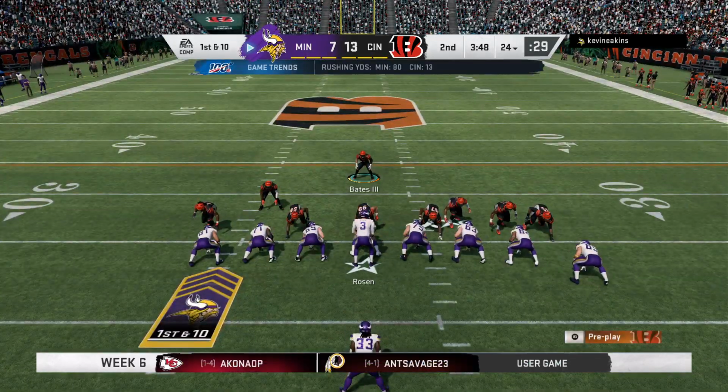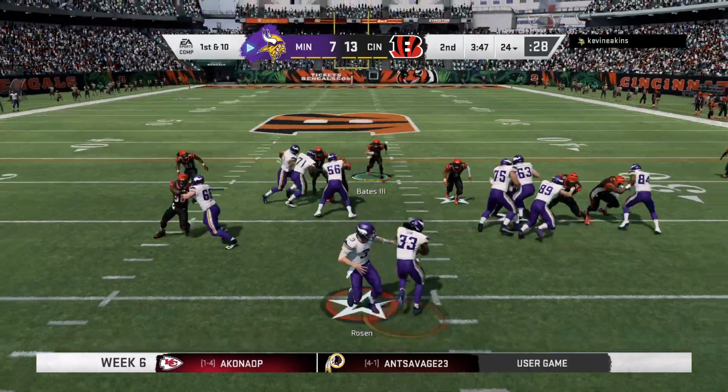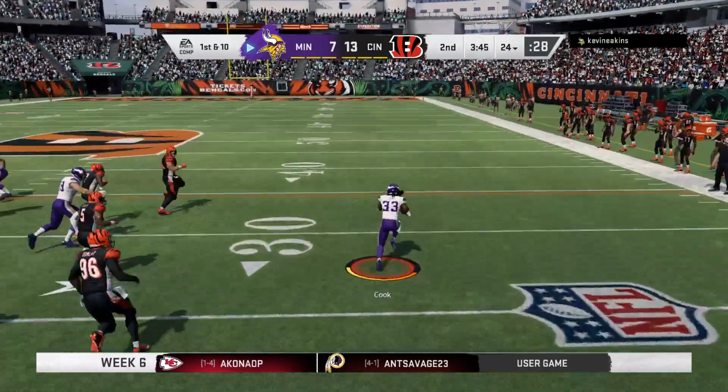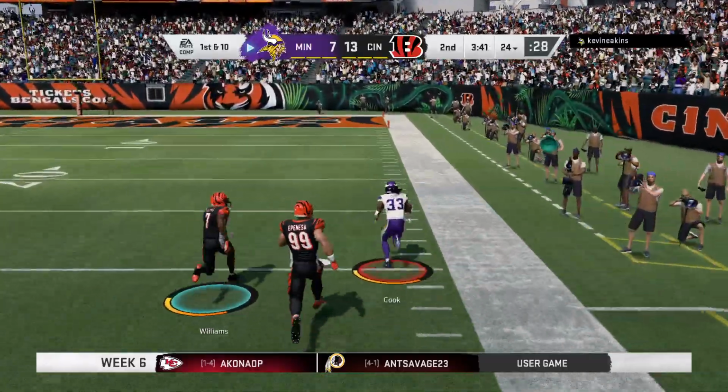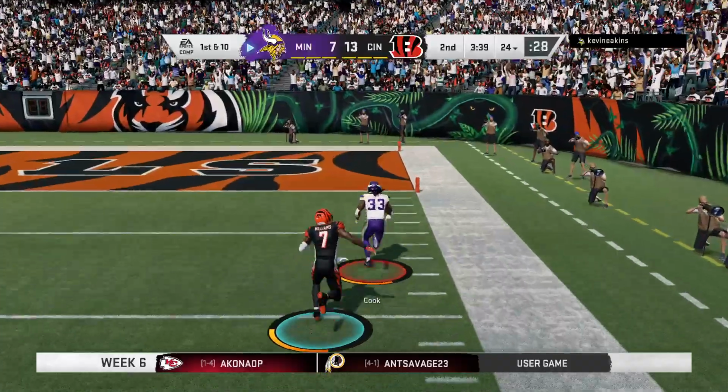Here are the Vikings now to start their next drive. And they gave up the pick 6, and now they'll be looking to right the ship here. Now, as a quarterback, are you a little more cautious this go-around? You should be, just because after what you gave up. But you can't be so cautious as to...